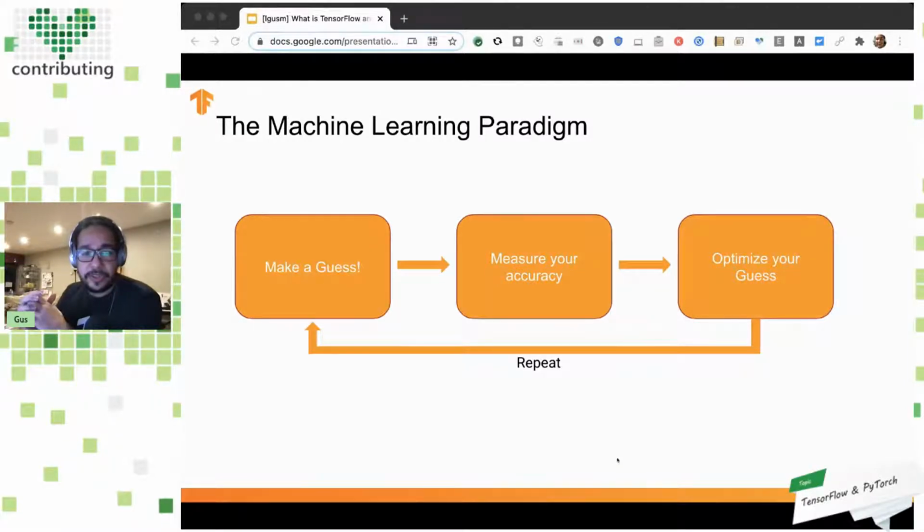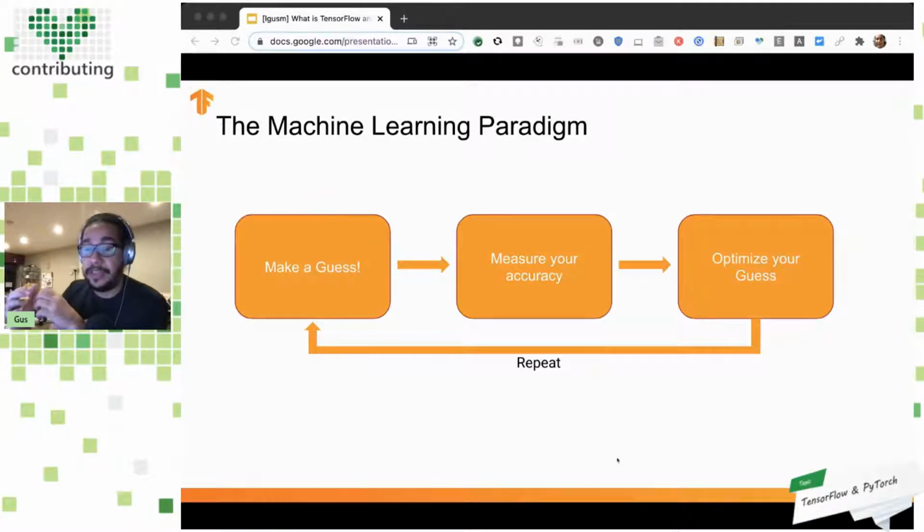So this is the process of training. The machine will make a guess, and then you measure its accuracy, right? Measure how close it is to the answer. And then you get these answers from the machine, and you optimize them. And optimizing is saying, hey, let's say you're giving values too high, or values too low.